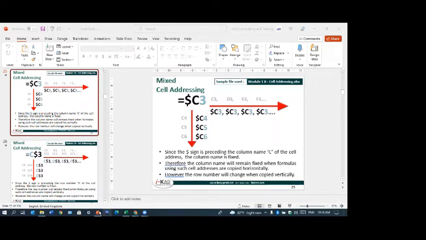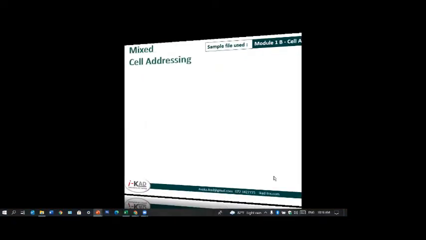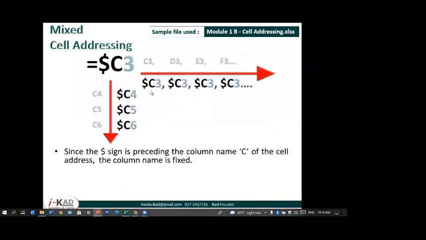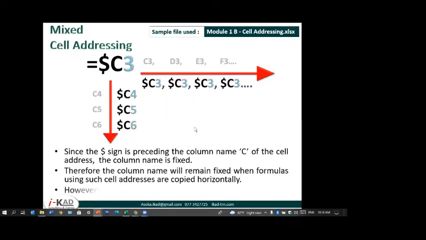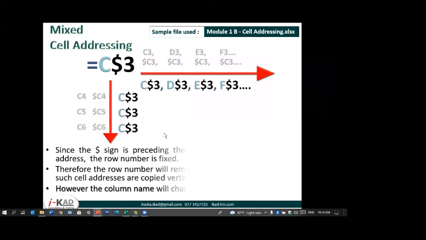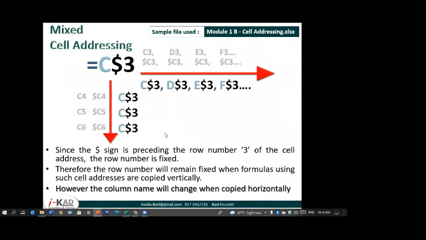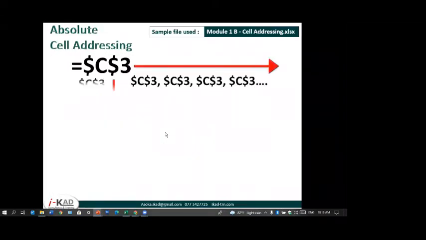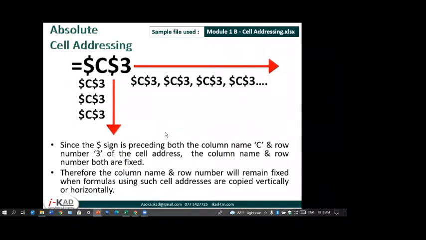In the meantime, we'll proceed with our work. So $C3, you know how it works. When you compare these two, you can see that. And also $3, if you compare all three, you will see the difference, right? This is what we did now. Because it's very important, that's why I'm doing it. $C, $3 means absolute cell addressing. It won't change whichever way you drag it.